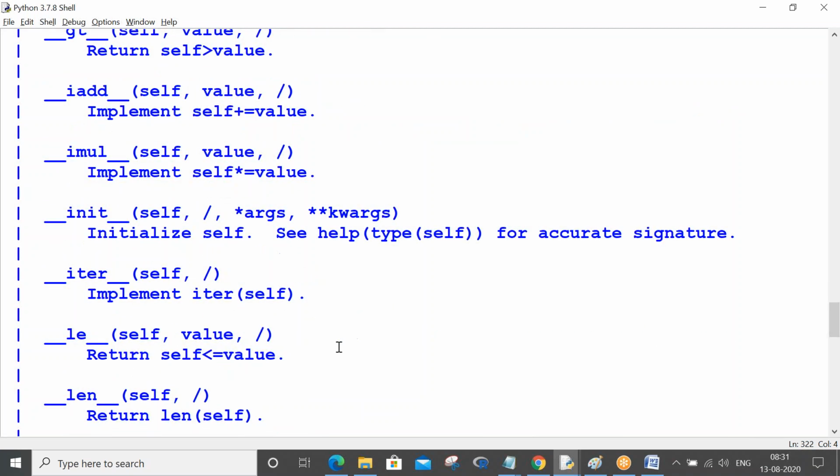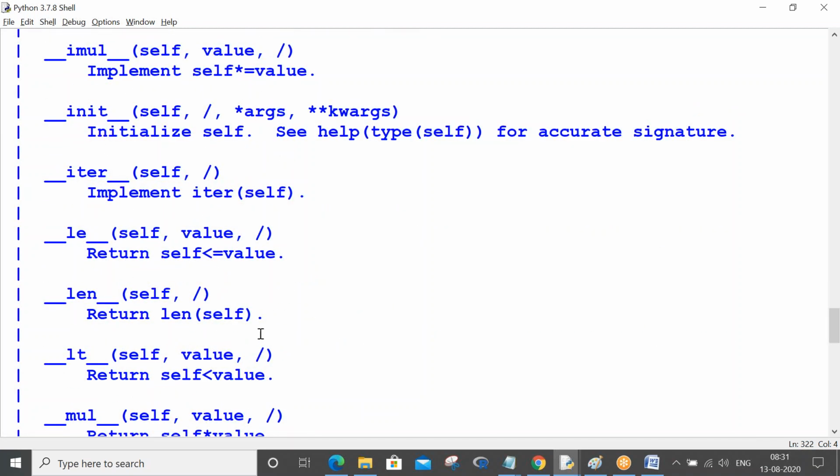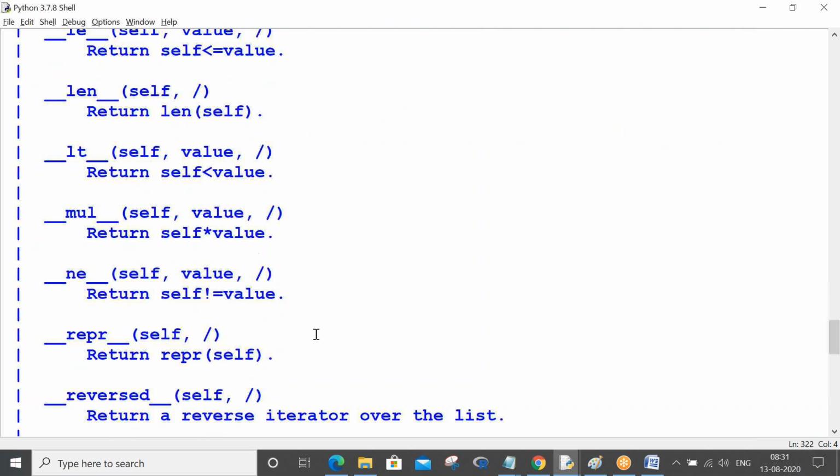Whenever you are calling len, internally this is what is happening. Whenever you are using a for loop, the iter method gets executed. I will discuss this iter concept after completion of your OOPs. Iterators concept is what we need to discuss.